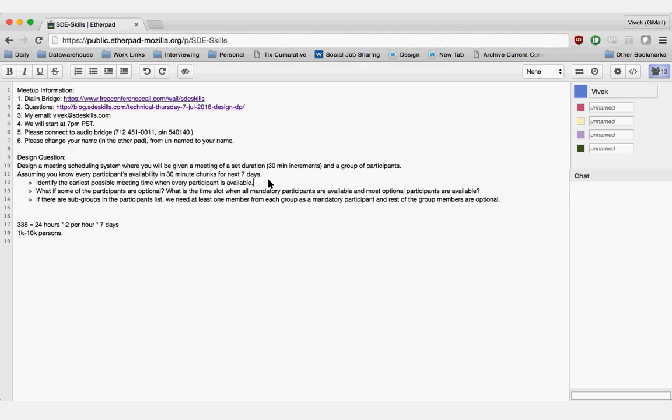Vivek, so how would we go about designing it? Go ahead. Can I chime in? Yeah, sure, go for it. One way I thought about it is probably a very naive way, but since you gave a criterion that there are very few participants, 1K to 10K, what we could do is have a 2D Boolean matrix.